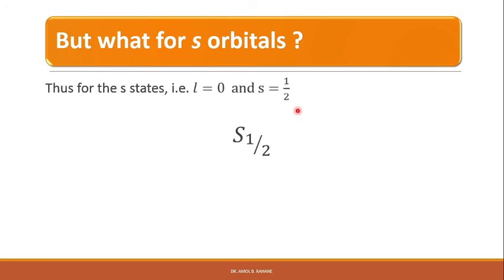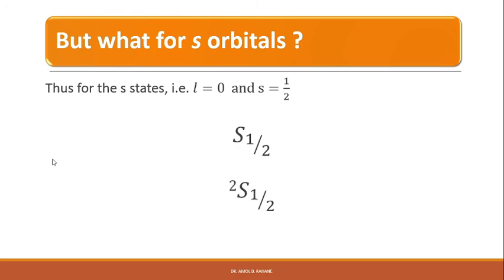Please remember that S equal to minus 1/2 is not allowed, because the quantum number S cannot be negative. It is the Z component of the vector that can have negative values. So its Z component Sz can be plus 1/2 or minus 1/2, but S cannot be negative. Thus for the s electron, we can have the state symbol with J equal to 1/2 only.